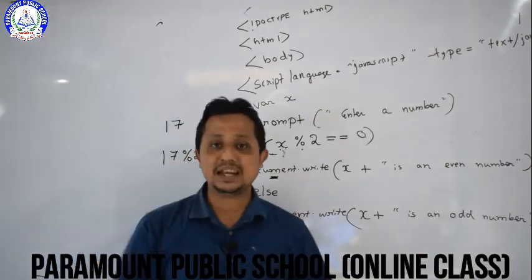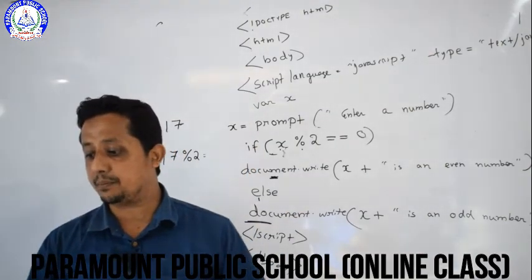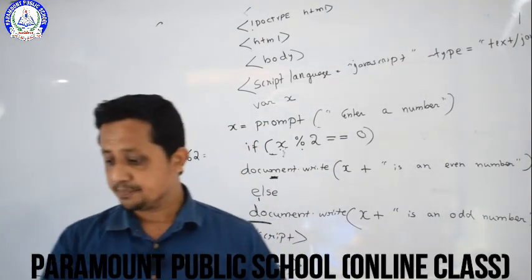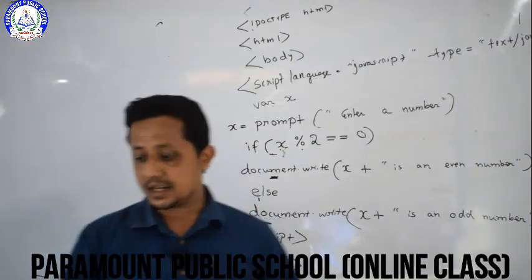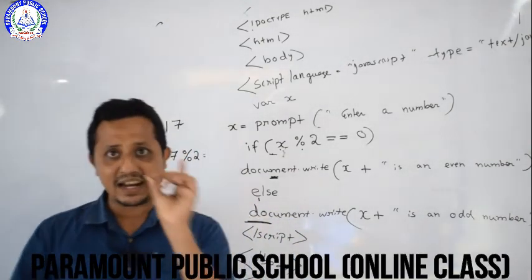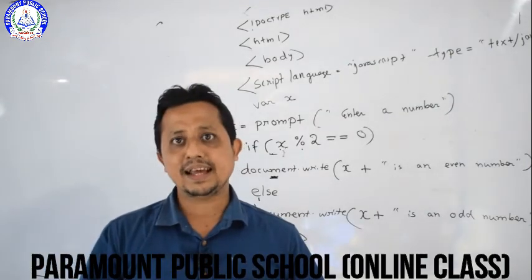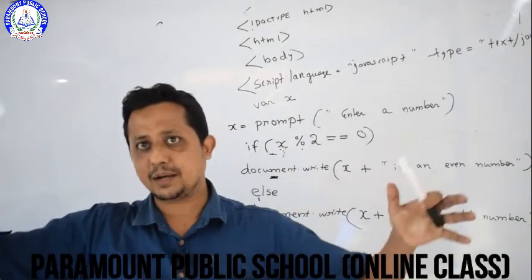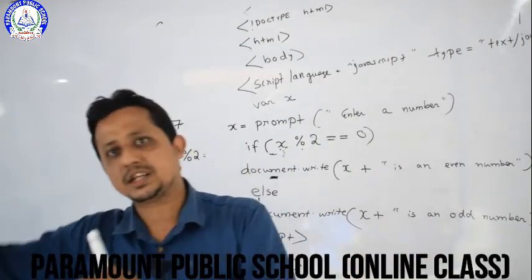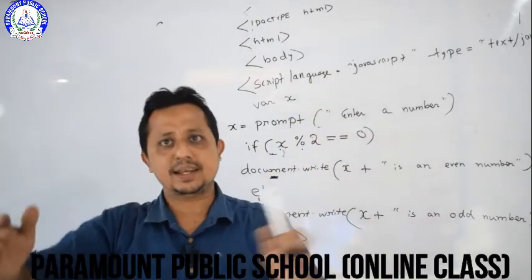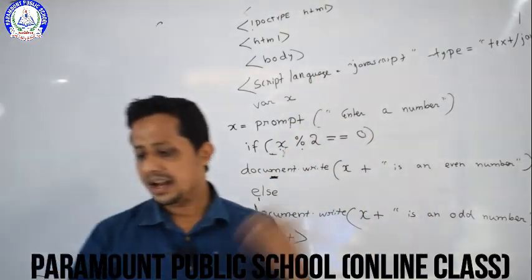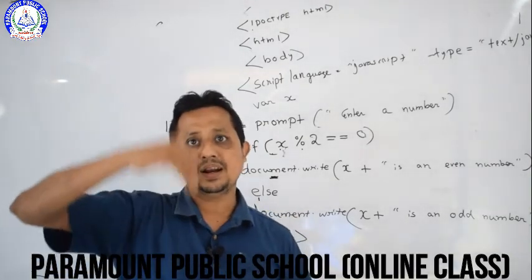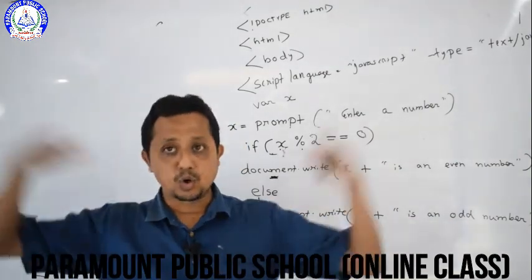So the switch statement is basically used when we have many alternative routes. In a switch statement, after every statement there is a break. So we can have it like this: case constant 1, statement, break; case constant 2, statement, break; case constant 3, statement, break, and it goes on. The break basically means we come out of the group of statements.